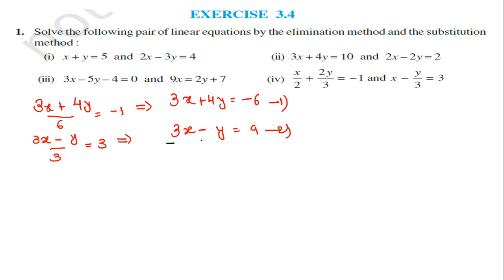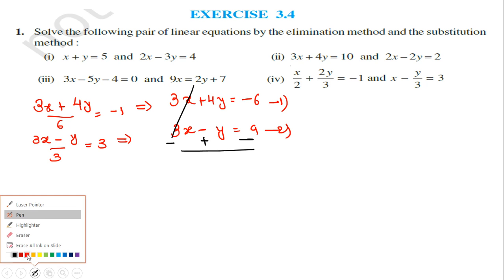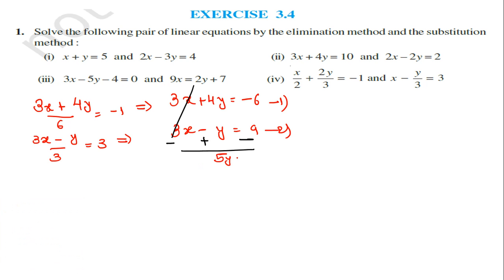The sign will change because we want to cancel out these things. So we have changed the sign, and what will come here? 4y plus y, because now you have to consider the new sign, not the old one. So 4y plus y, that is 5y. So here 5y is equal to, then y is equal to minus 3. Okay, y is equal to minus 3, and now you can put this value. Actually, this is the first one.